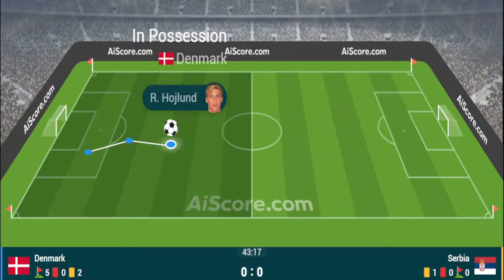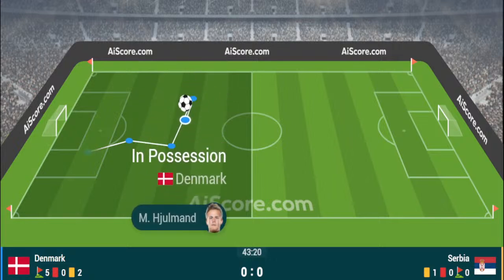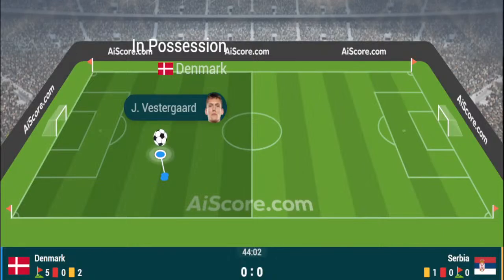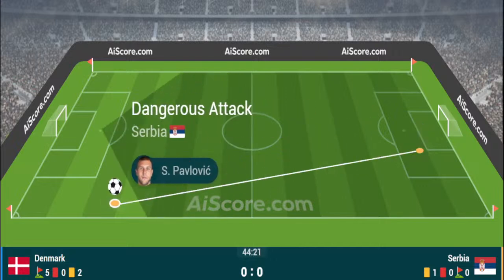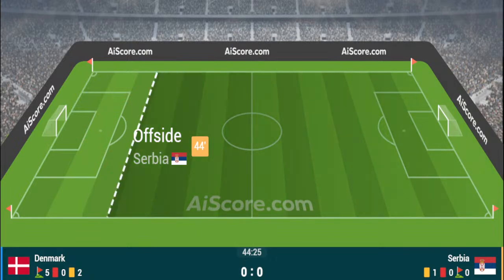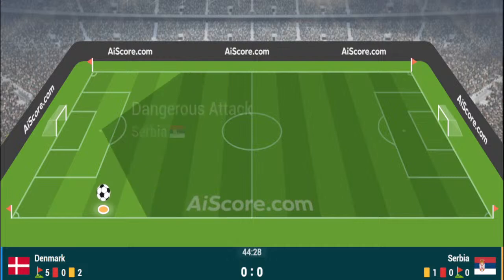Serbia have the ball at the back, they're trying to play out from the back, but tactically that hasn't really worked out particularly whatsoever, but it will be Andrea Zivkovic to take the throw. Zivkovic now getting a second bite at the cherry because the ball's back to him, and Serbia now coming forwards and flying the ball into the penalty area, but Denmark have bodies back there and will try and complete the clearance, and Rasmus Højlund has a good touch. Rasmus Højlund now on the breakaway for Denmark. Collected by Denmark again, Højlund, and it is now Denmark back in possession.